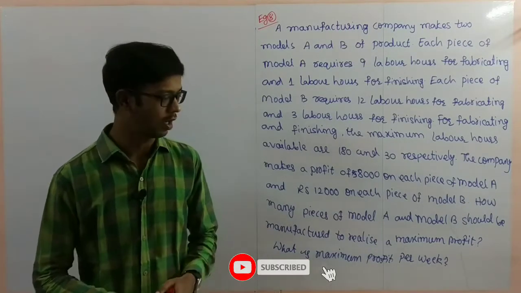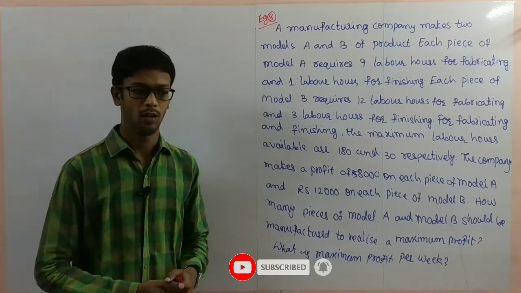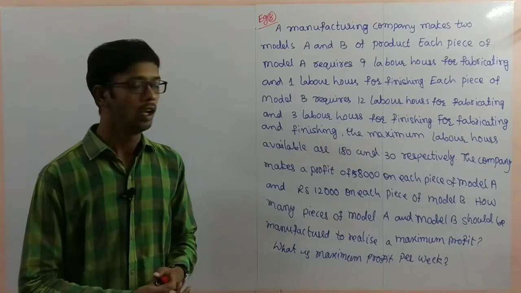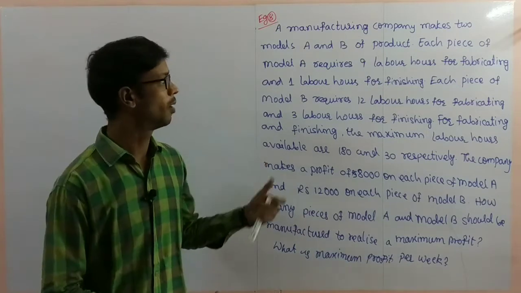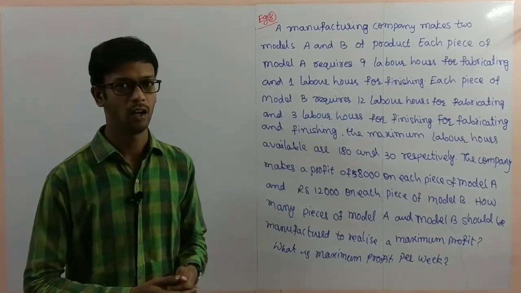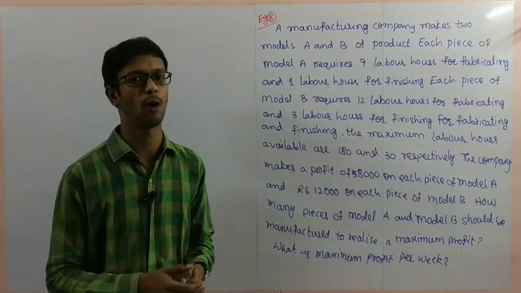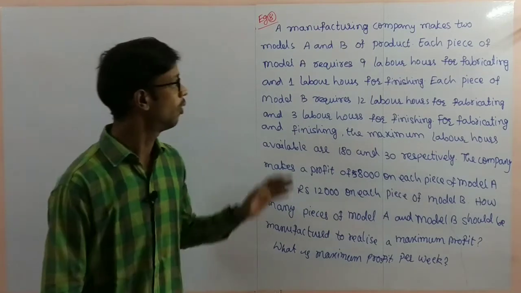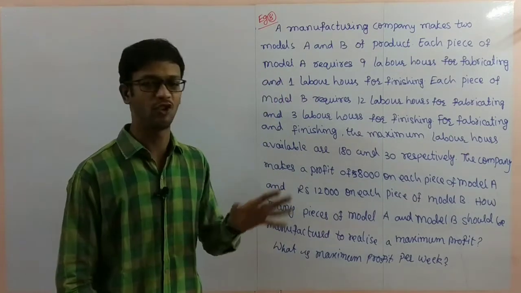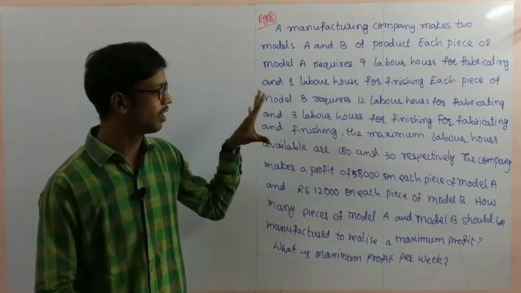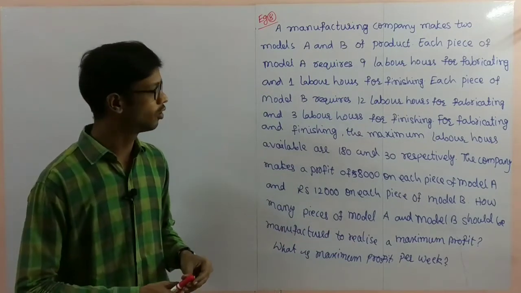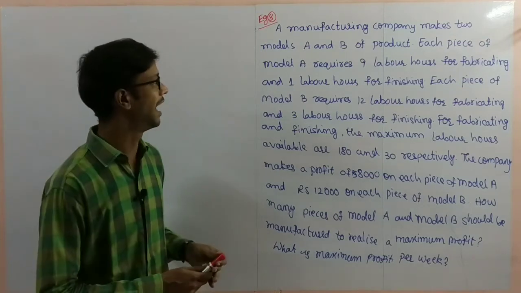Now we continue our concept by the example problem number 8. Here you can see this problem, a manufacturing problem. In previous problems we discussed diet problems. Now here it is manufacturing, about one factory or manufacturing company. This type of problem is called a manufacturing problem. So now you see example 8.